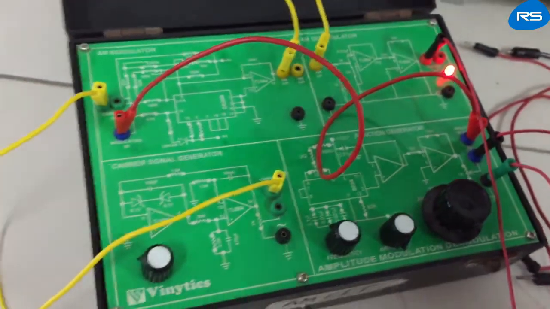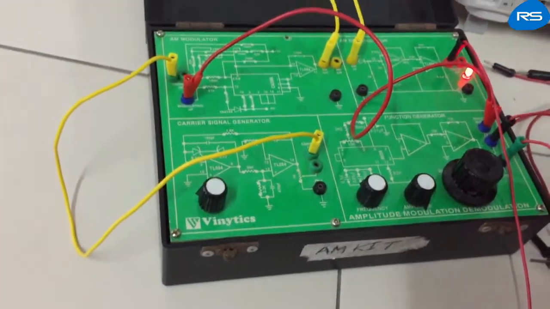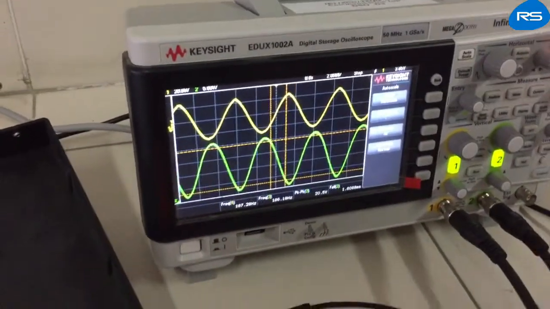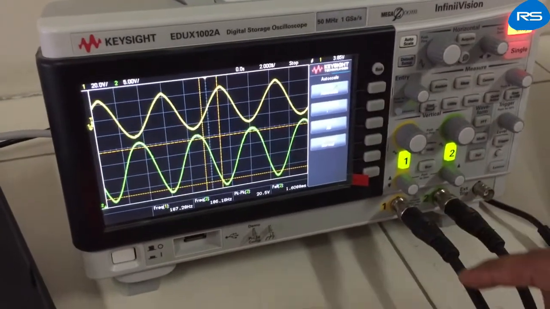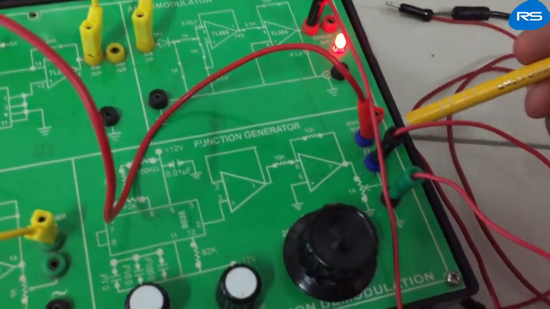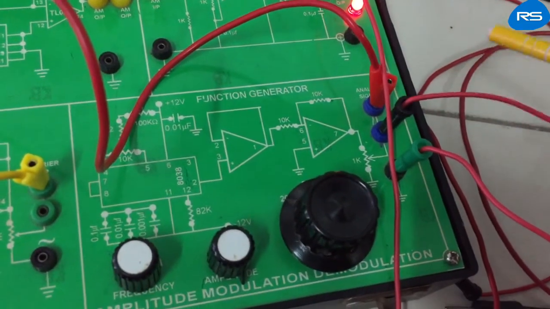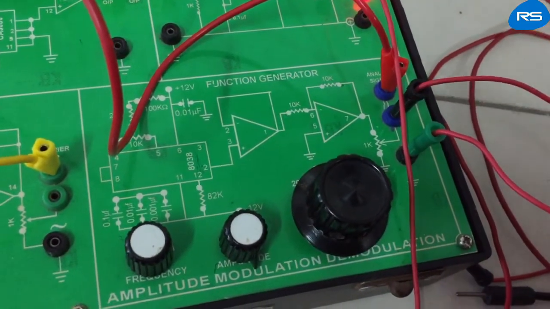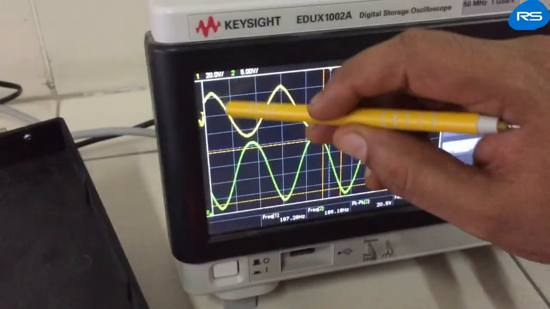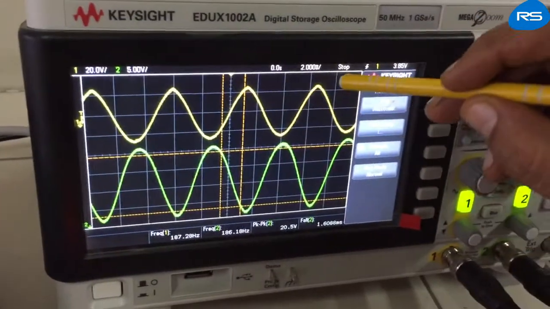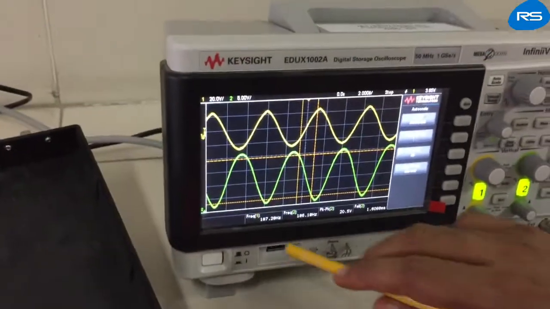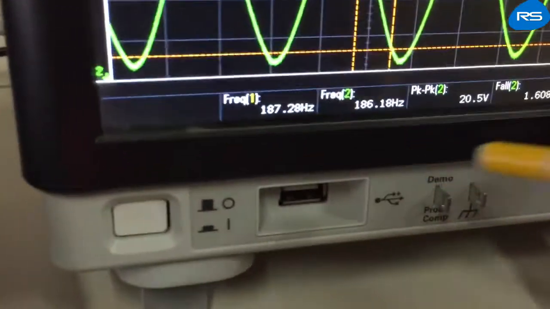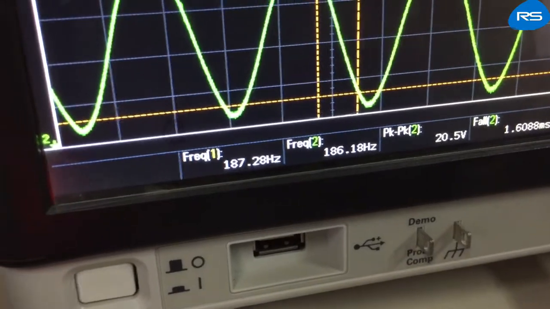Now we can observe the input and output waveforms with the help of digital storage oscilloscope. We have connected channel number 1 of oscilloscope at analog signal output port, and in this way we got a waveform like this, which is our original message signal, which is having frequency equal to 187.28 Hz, and